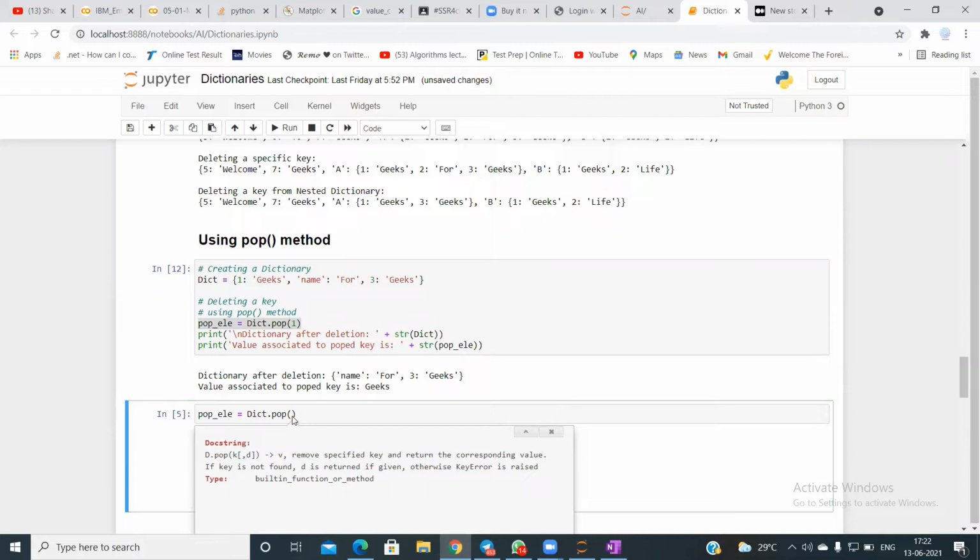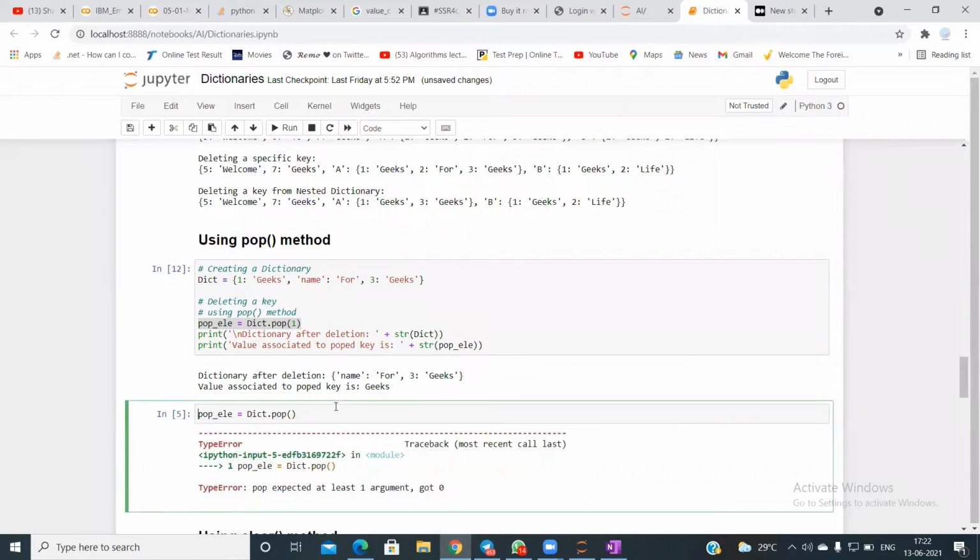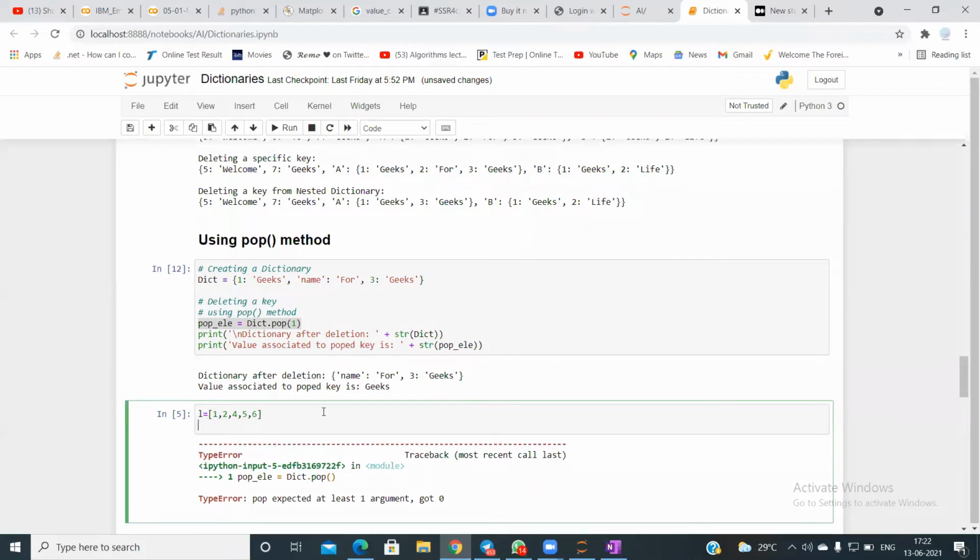For a list, the same pop function works differently. Let's say I have a list of 1, 2, 4, 5, 6, and I say L dot pop.